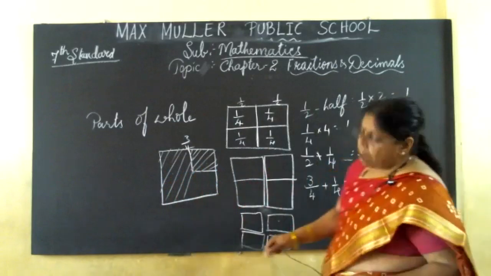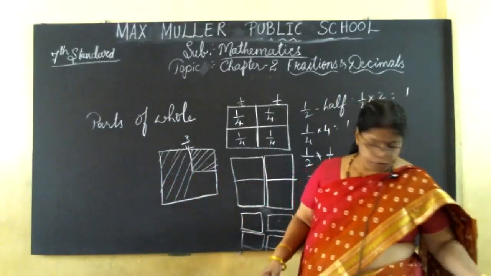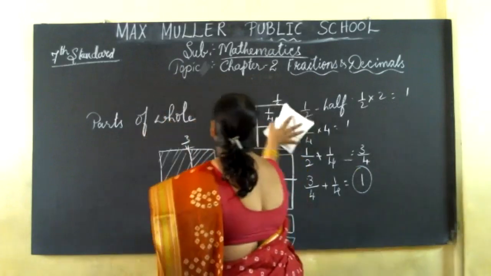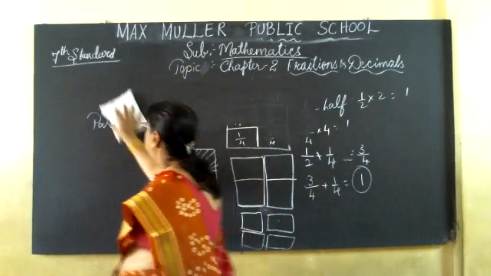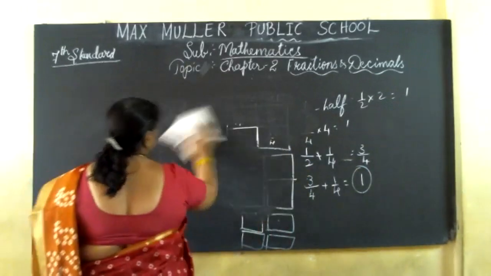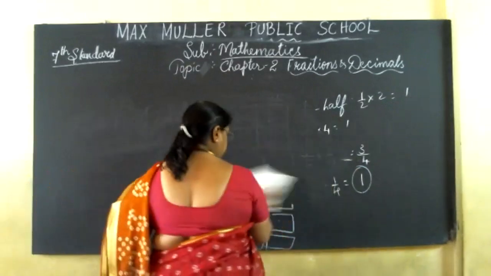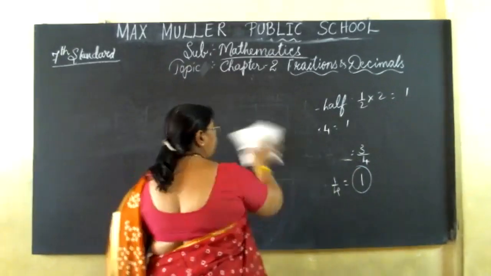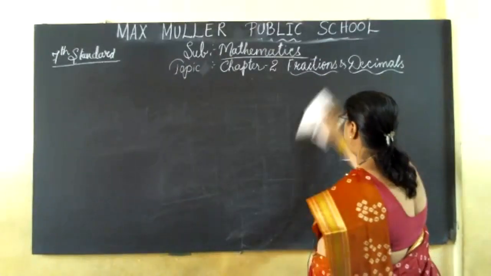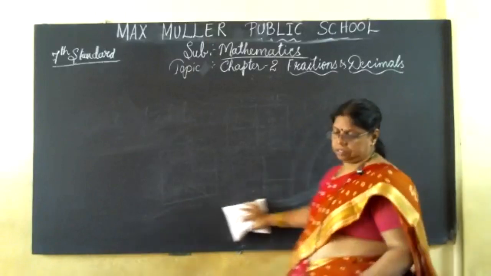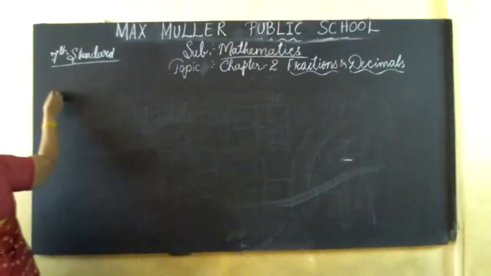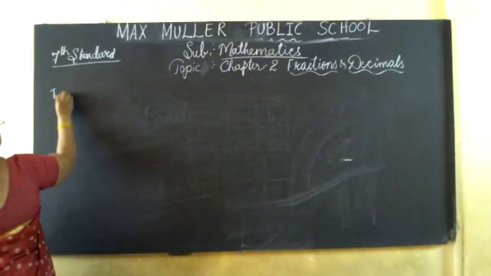Now we are coming to the types of fractions. What are the types of fractions? They are proper fraction, improper fraction, then mixed fraction. And when we come into groups, there is like fraction and unlike fraction. Understood? First, types of fractions.